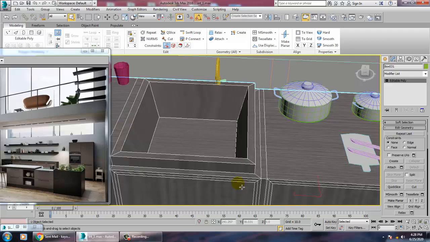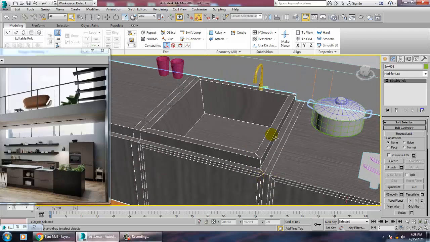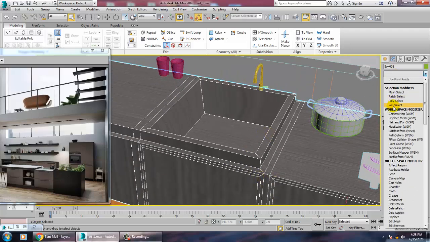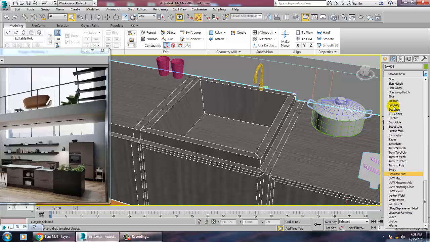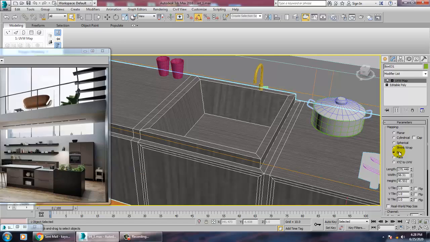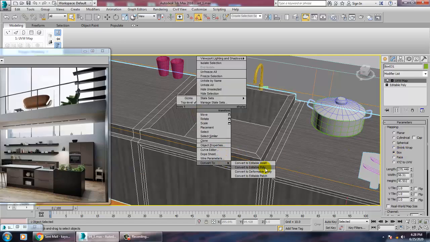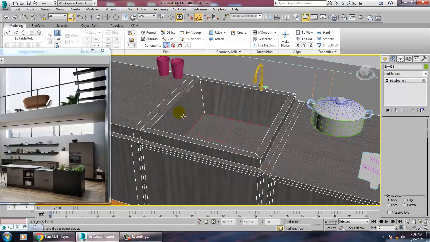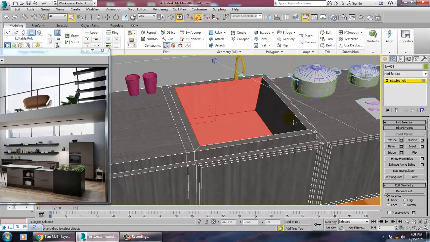For this, we can again go into this modifier and let's give a UVW map, convert to editable poly, select this all.